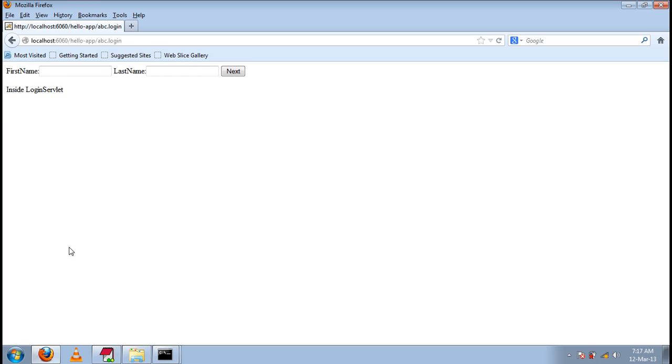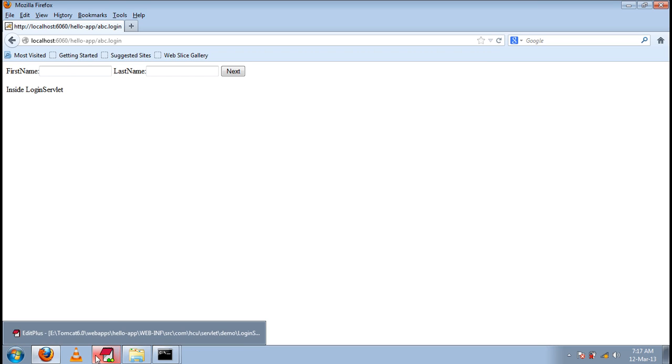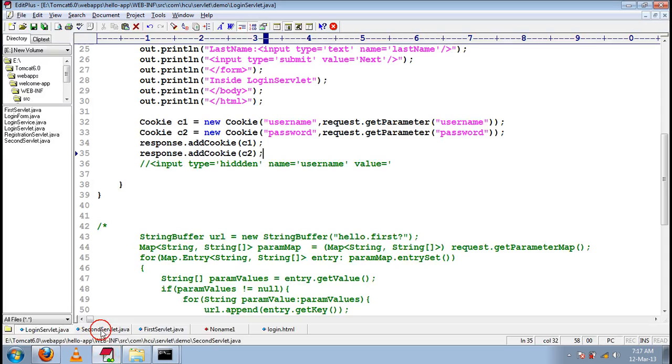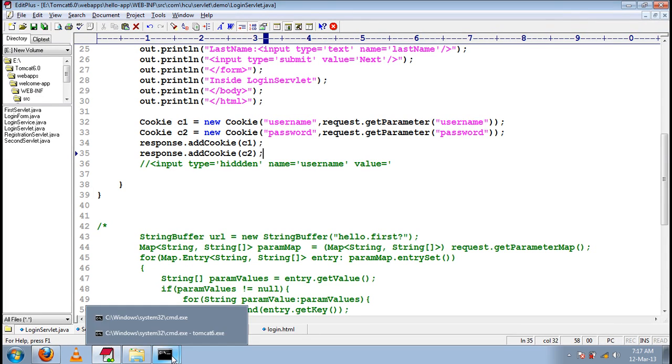Now in this first servlet, in this login servlet, what we are doing is adding cookies to the response object. Username and password values as cookies to the response object.